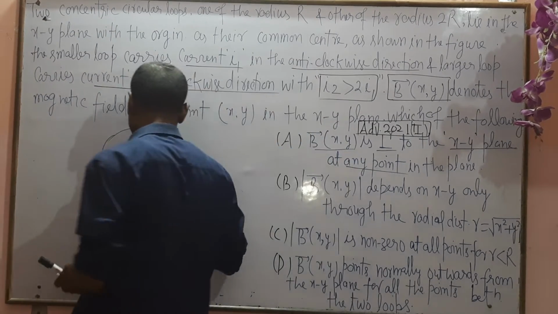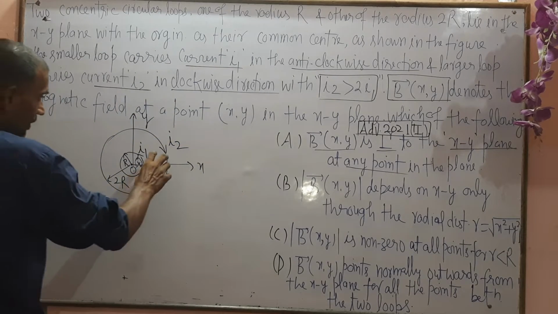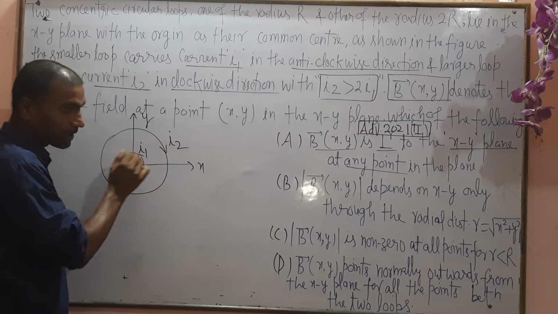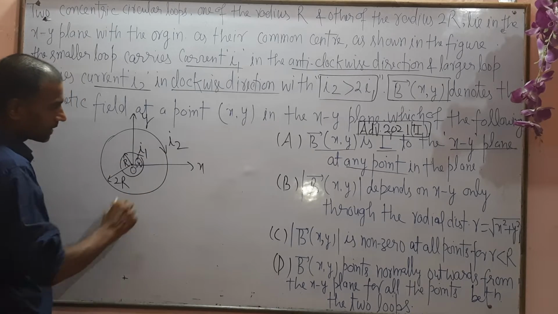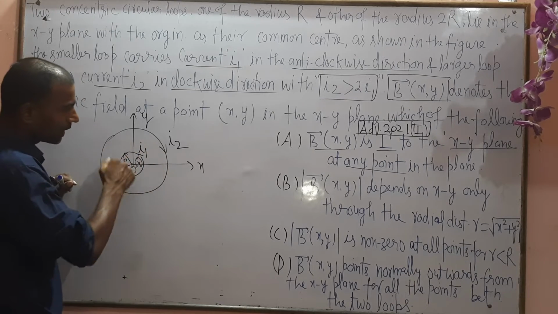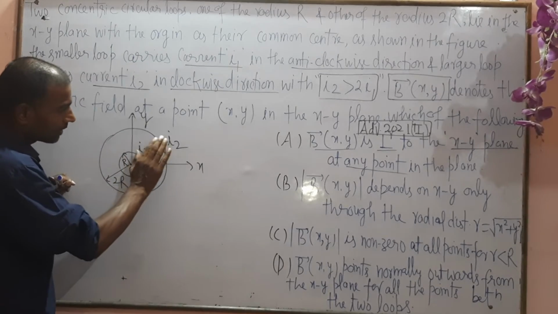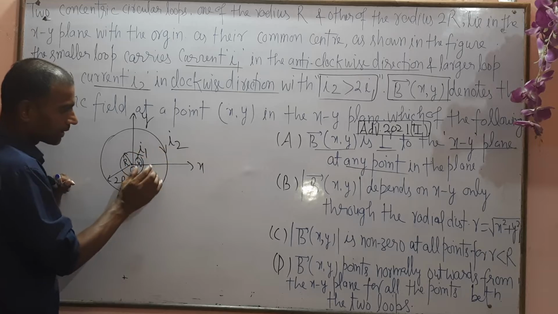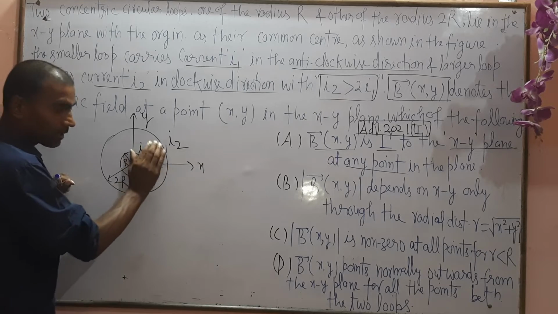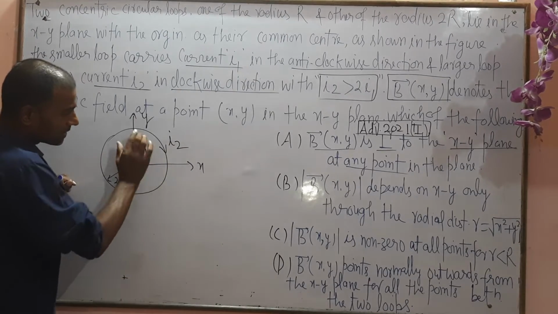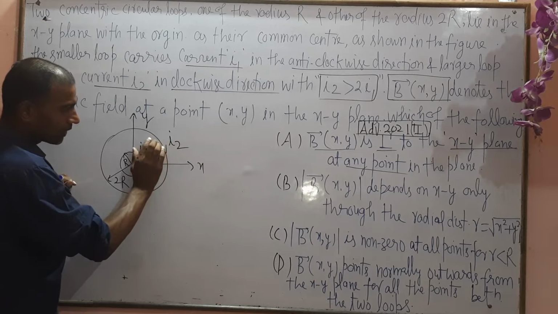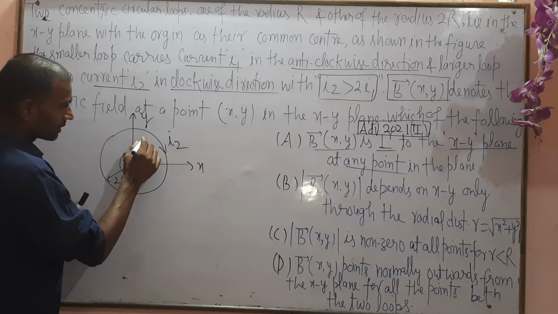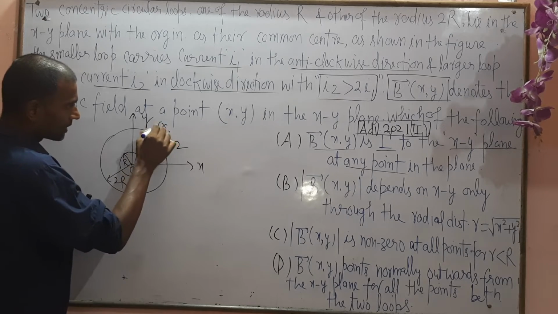So we want to draw the direction of the magnetic field: outside the inner loop and inside the bigger loop. That implies we can say the direction of the magnetic field due to the inner wire, what will it be? This is the inside. This is I1, and I1 is clockwise. So the direction of the magnetic field is inside here, okay, this is the inside, and also this is the inside.